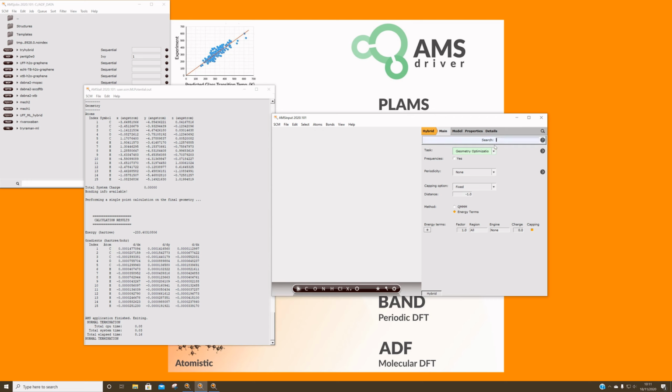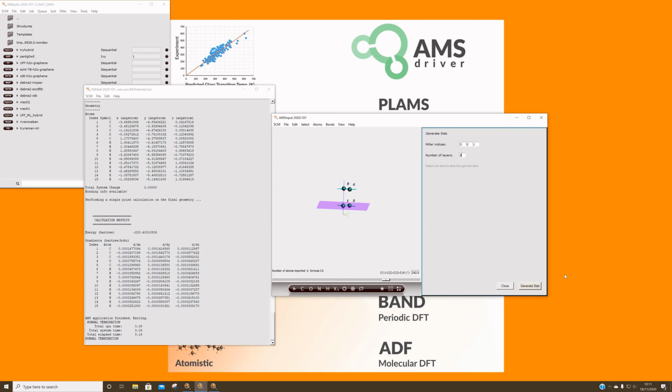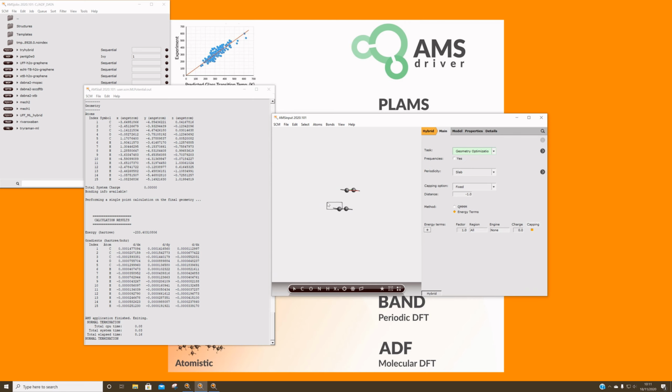So let's look at graphite. And from graphite we will slice one layer. So we have graphene. And we need to remove one of these. And let's generate a 4x4 supercell. Now let's say we're interested in the absorption of water onto graphene. Let's build water here. We can define a region here on the model region where we have water, and then